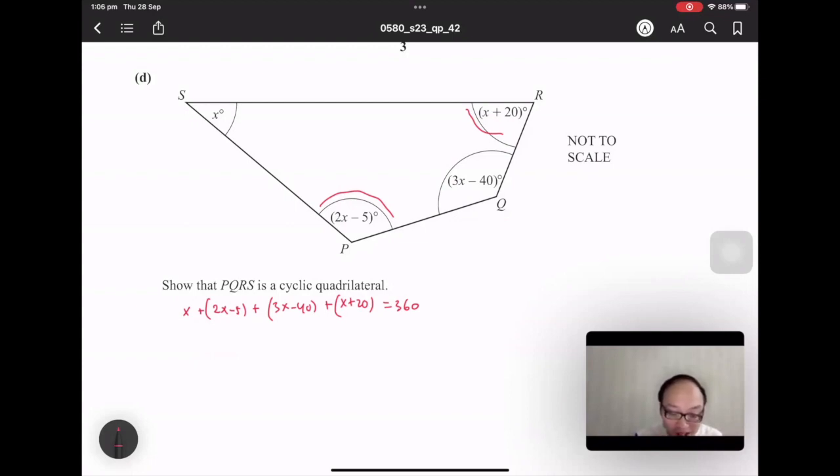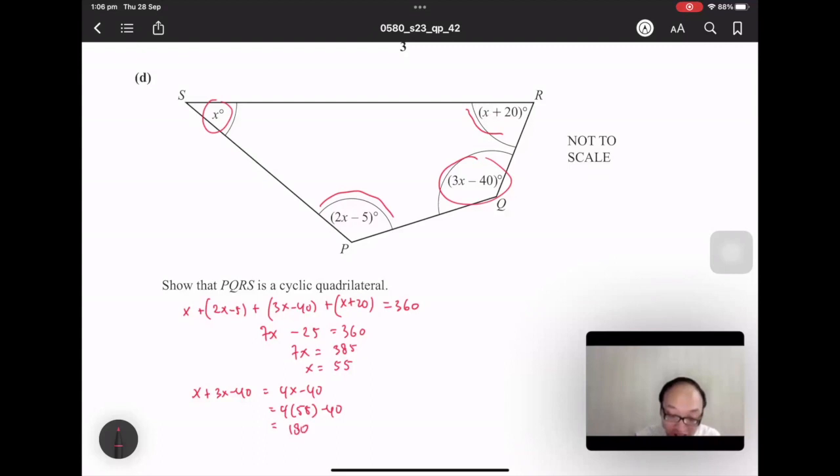So 3x plus 3x, 6x, so 7x. Minus 5 minus 40 plus 20, minus 25, equals 360. 7x equals 385. So x equals 55. And then we can check this one and this one. So x plus 3x minus 40 equals 4x minus 40. And then we replace x equals 55, minus 40 is